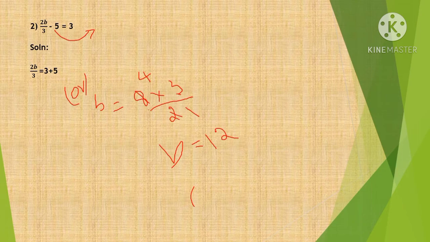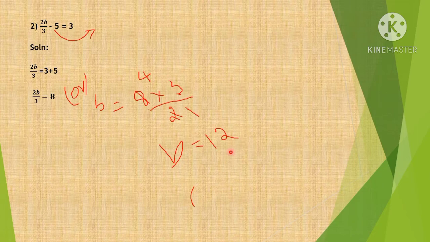Okay, then you can write b is equal to 8 into 2 by 3 you bring to the right hand side. When you bring it to the right hand side, we write it as the reciprocal, right? So 3 by 2. So cancel it. You'll be getting the answer b is equal to 12. Okay, this one directly I am writing. Just b is equal to 8 into 2 by 3 we are bringing to the right hand side. So it becomes 3 by 2. Then cancel it or divide it or multiply, any method you can follow.